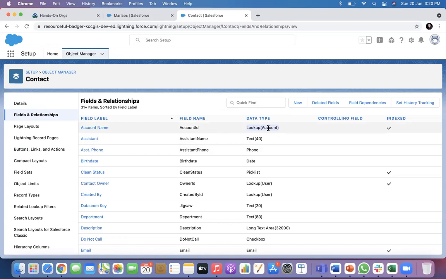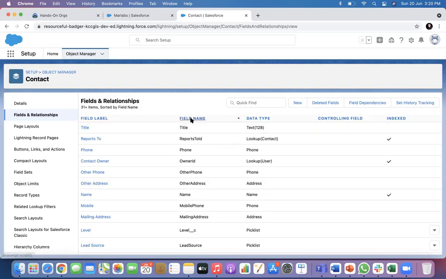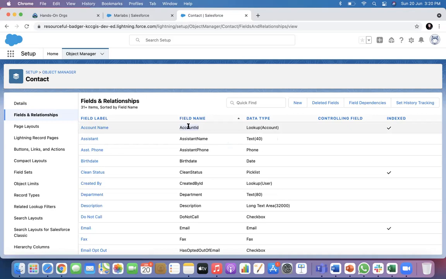If you see, the internal name of that field is called account ID. What is the UI name of that field? It is called account name. The field label is what is shown in the UI, that means on the screen. The field name is a system name, used by the administrator for data loading and other purposes. A system name cannot have spaces and so on. But the label is the name which a business user will see on screen. So we will have a field called account name.